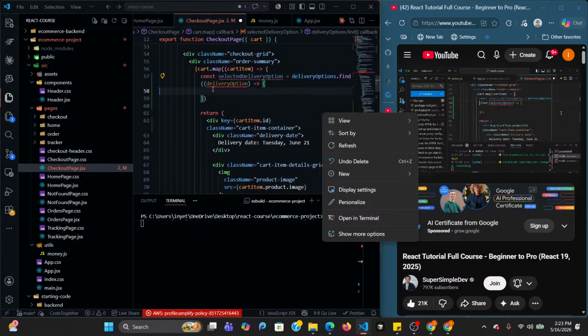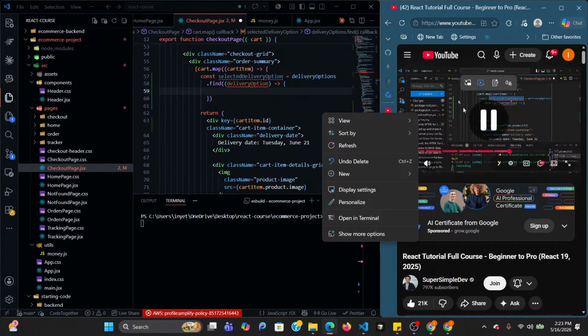And I'll just add a new line here and select this code and press tab to format it a little bit. So the way that find works is it's going to loop through each delivery option, and the first function here that returns true is going to be the result. So that's how we find something. And then it's going to save it in the